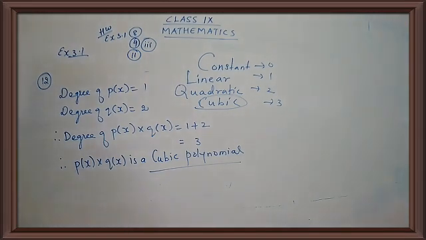So with this, we complete our exercise 3.1 and I have given you 3 sums for homework. That is sum number 8, sum number 9, the third subpart, and question number 11. You have to complete your homework, children. Just follow the conditions that are given. You can refer to your solved examples and your sums in the classwork, and you can complete your homework. And we will be starting a new exercise in the next class.